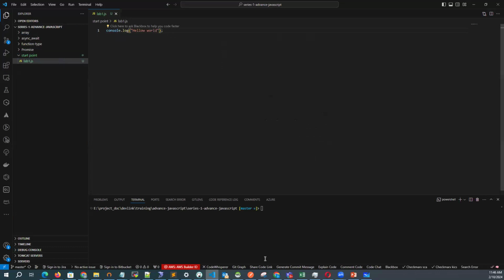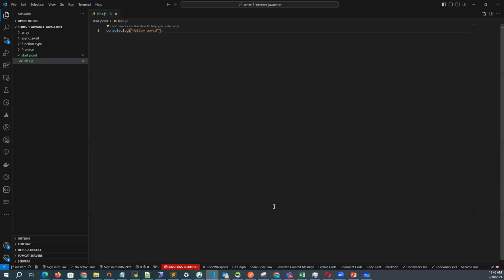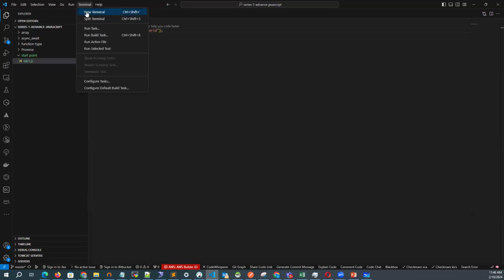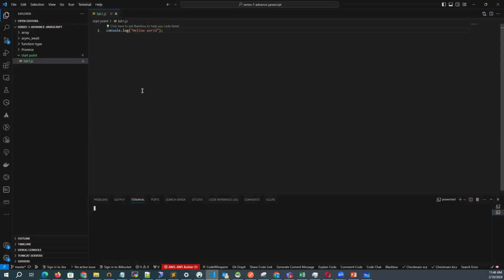All right, so if you do hello world, if you want to run this code, you will see a tab here. It's called terminal. If you click on terminal, you say new terminal. If you create new terminal, the terminal is going to open and point to the root folder of the Visual Studio that you opened. And then I can say, if I want to run this code, because I've installed Node.js before, I'll be able to say node, and I'll say lab